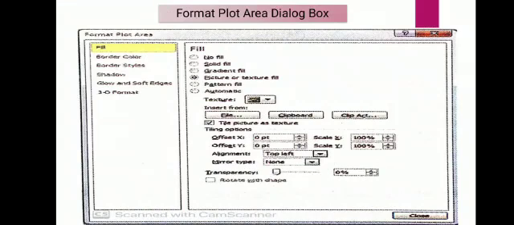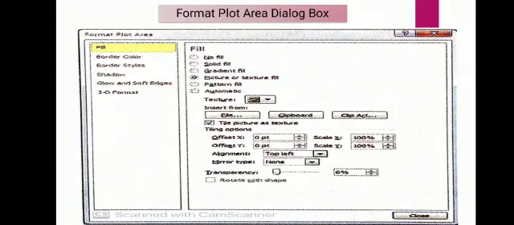Okay. For now, you want to change color. So in the fill option, several options are given. First one is no fill, means the default color it will show. Second is solid fill. Simple colors it will display for you. Gradient fill will show the range of color from light to dark. Next is picture or texture fill. Now in the plot area, if you want to make it more attractive, you can add a picture. Next is pattern fill, and the last one is automatic.